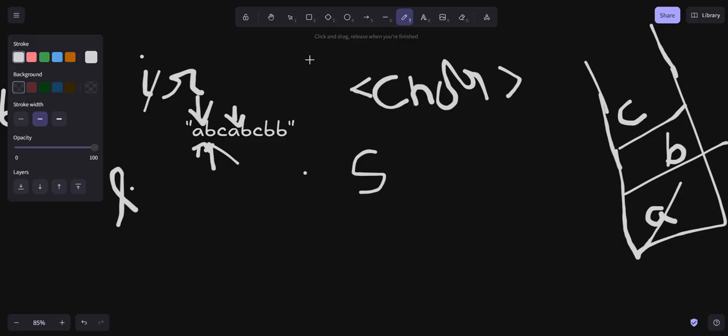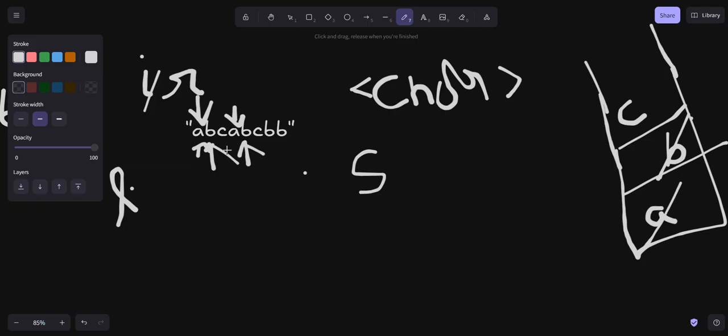Now we will keep repeating this until we do not have this repeating character in our set. Now A is removed, we have no repeating character in the set. So we will move out from this loop and now what we'll do is move our R to here and we'll check, does our set contain this B? Yes, it does contain B. Now we'll again repeat the same thing. We will remove this B from here